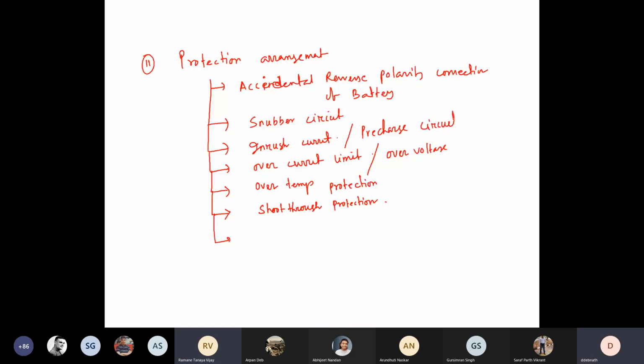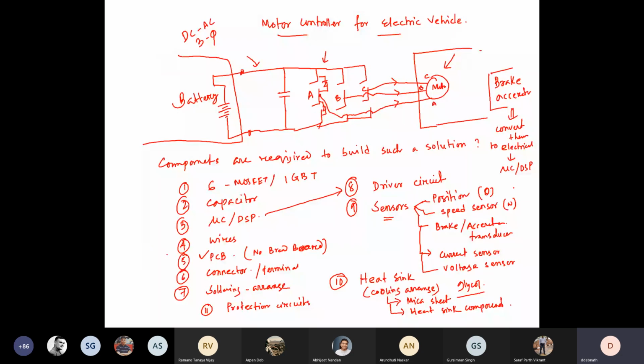Yeah. Each of those topics is itself a 30-minute lecture actually, so let us not go into the detail. But someday, if you allow me, maybe we can have a discussion on this also, because these are something you need for your practical knowledge, right? But these are not in our syllabus in more detail. We cannot have each and everything under each level course. So protection arrangement. Anything else? Think about it. If you need anything else, you can add them later on.